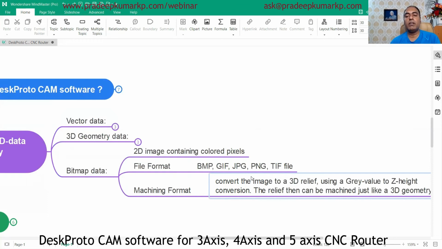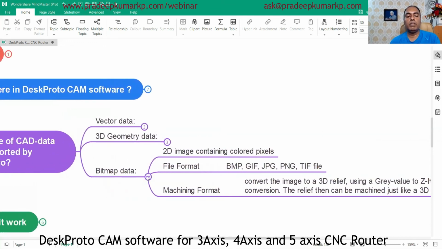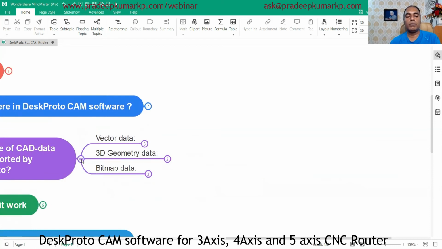It does a gray scaling in which areas are blackish or whitish, and each area will be given some height, a Z height conversion. In that method, it converts that image into a 3D relief. Then the relief can be machined just using the 3D geometry toolpath. So that is the method by which we can do bitmap machining with the DeskProto software.